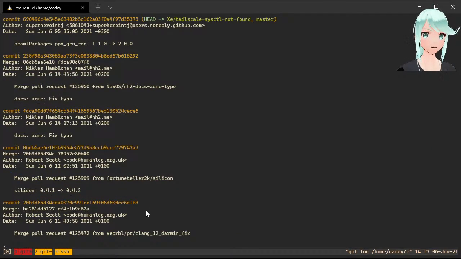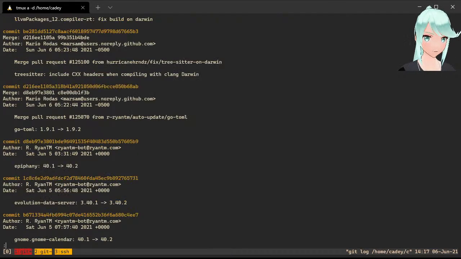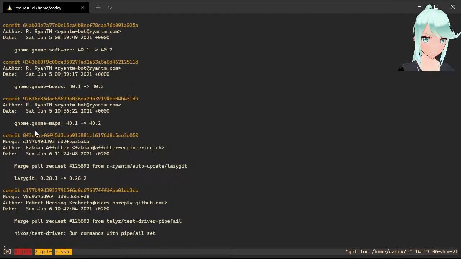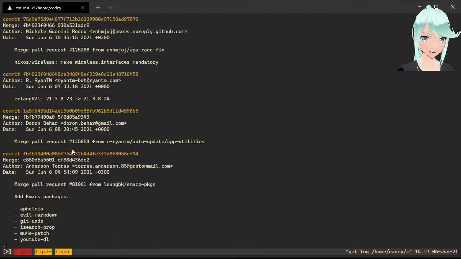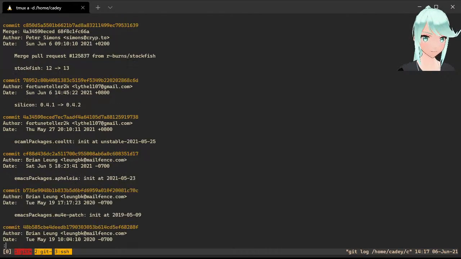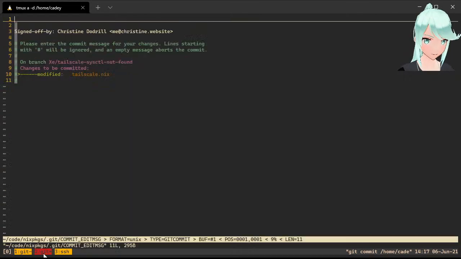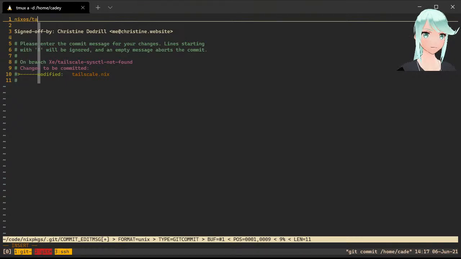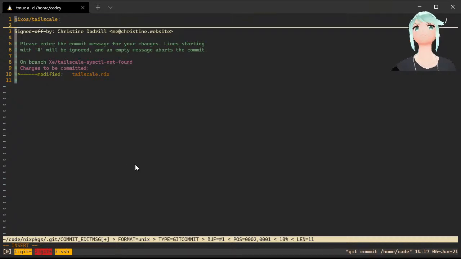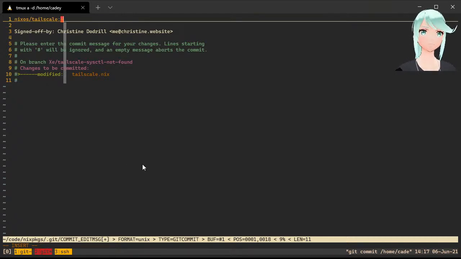Let's take a look at this and see what the patterns are. So it looks like people use the package name. This is NixOS text driver. Okay, so NixOS Tailscale, add